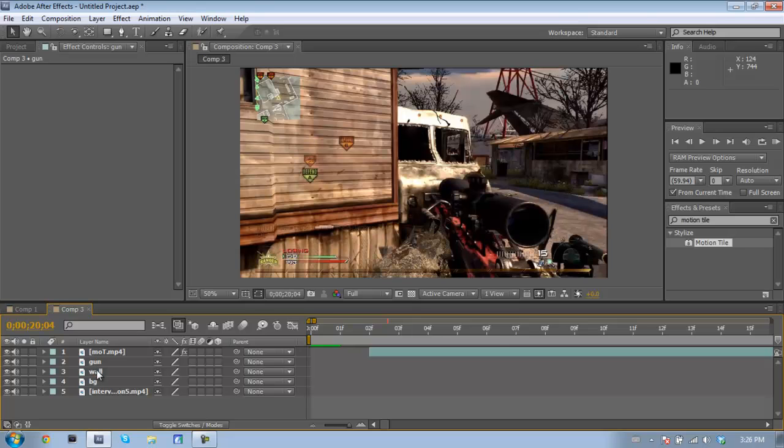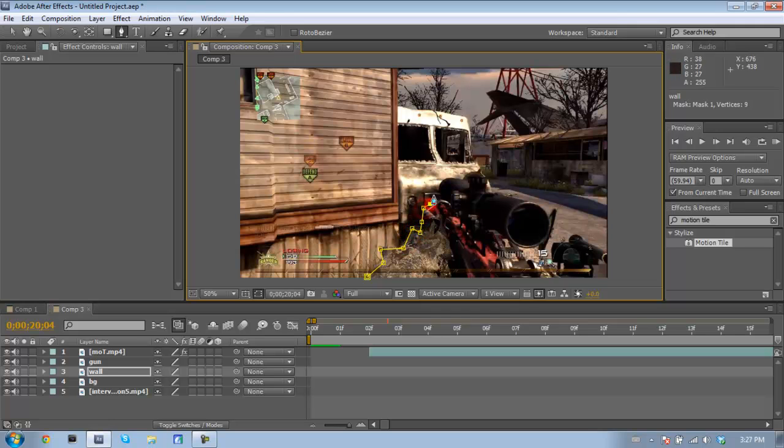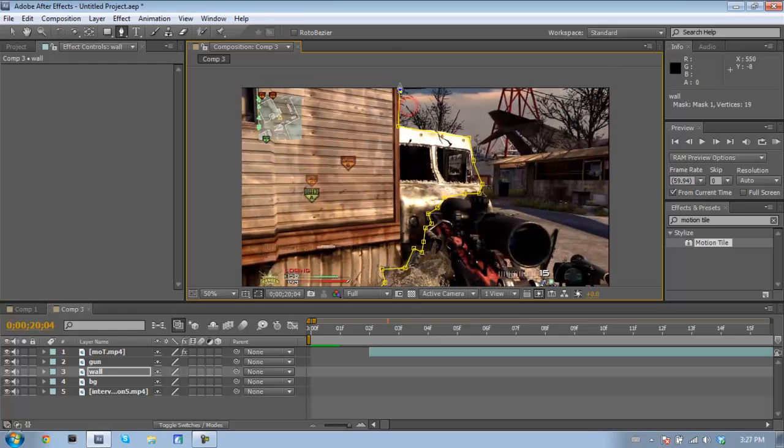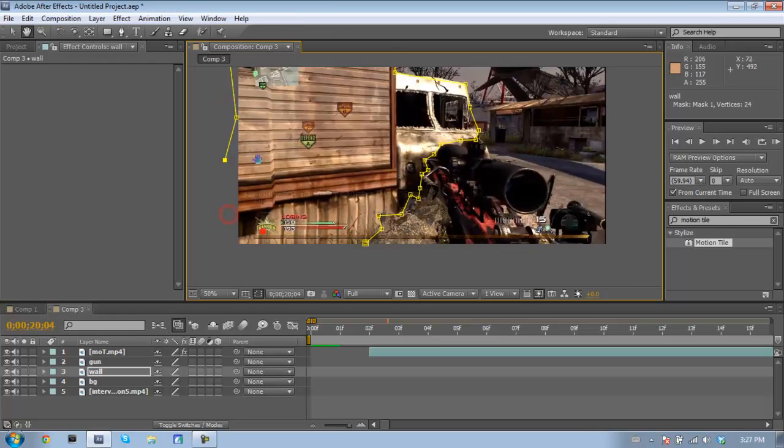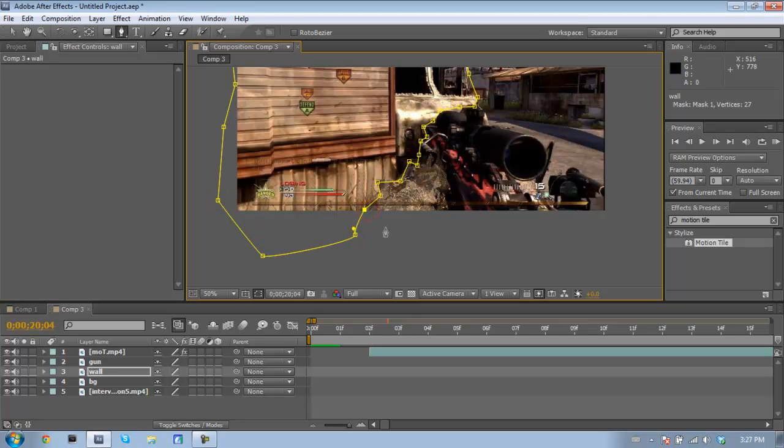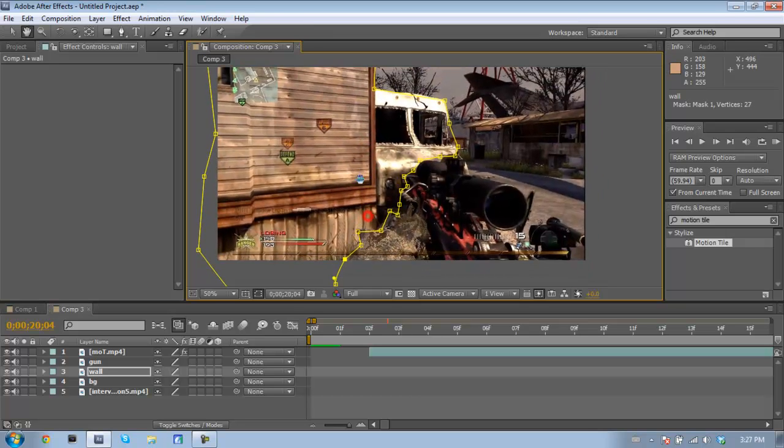So now that you've got the gun masked out, you want to mask out your wall. So let's just roll some of that, the gun again, then the truck in here, and the gun, and then done. This, that, and now once you have that one done, you can, if you want, probably mask out the background, but